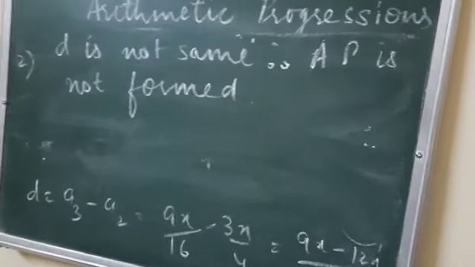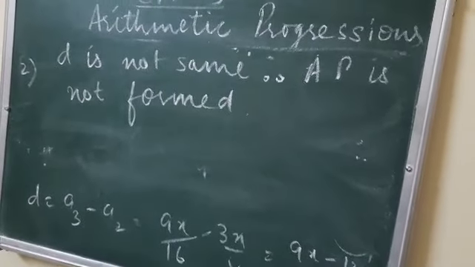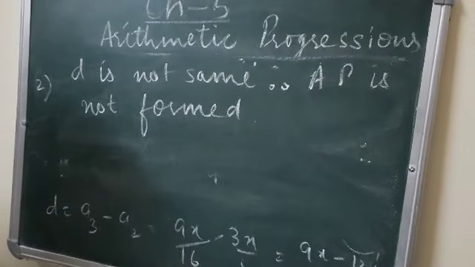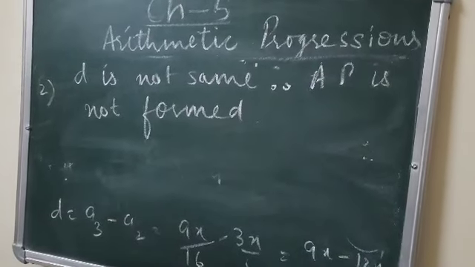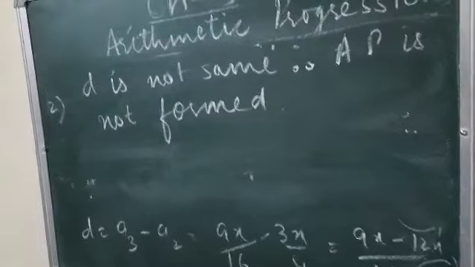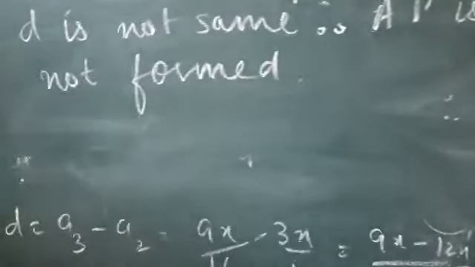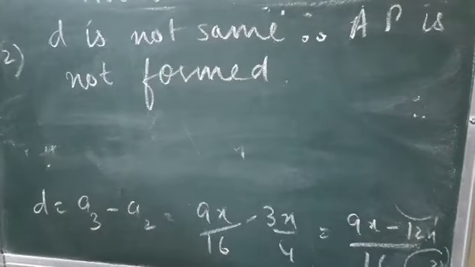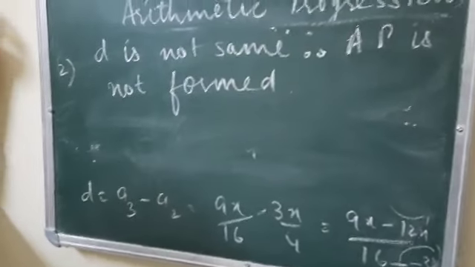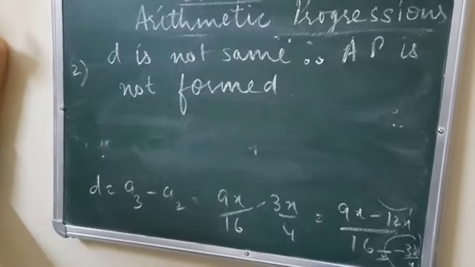Moving on to third part. Cost of digging a well after every meter of digging, when it costs rupees 150 for the first meter and rises by rupees 50 for each subsequent meter. It is same as first part. So, 150 is your A1 and 50 will be your D. So, again AP will be formed because D is same everywhere.